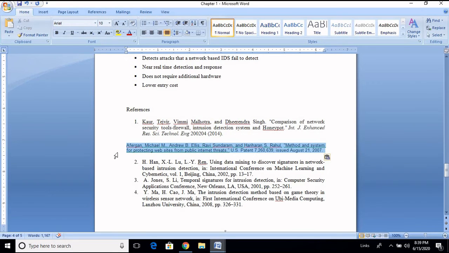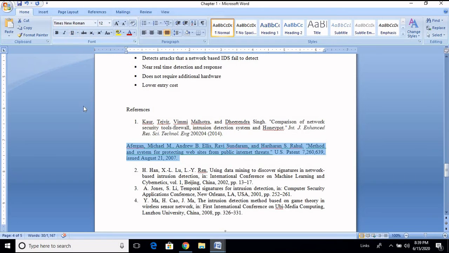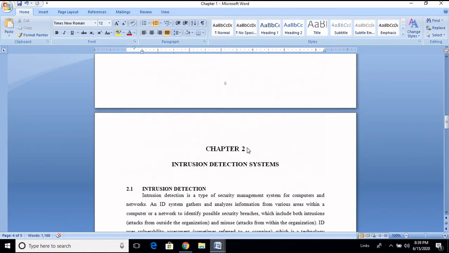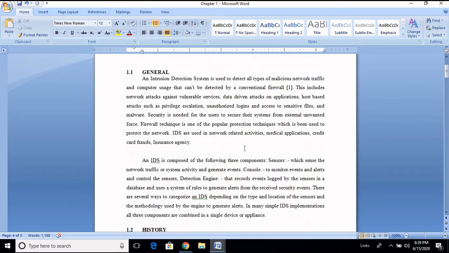After this, convert these references into Times New Roman, font size 12. Okay, and this happens to be the second one. So what I am going to do is click this. Okay, this is the second one. So I will come here once again. I will come to this text.